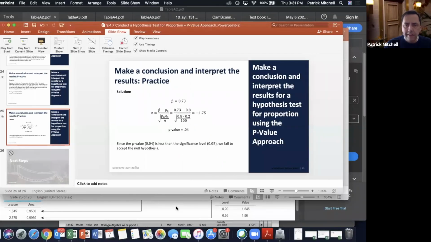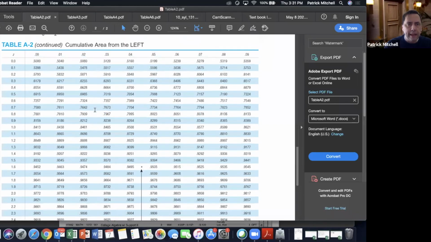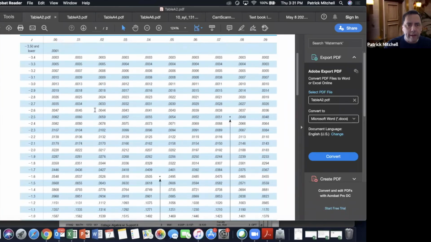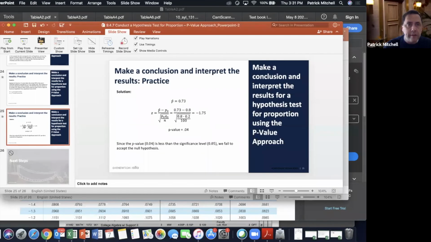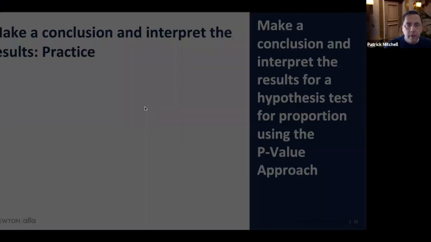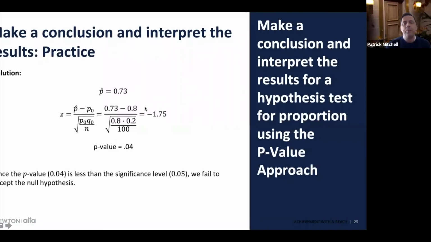So let's talk one more time about how to get this p-value. If I go back to table A2 and I look for z equals negative 1.75, there's negative 1.7. I go over here to 0.05 and I get a p-value of 0.0401, which I went ahead and rounded to 0.04. All right, so since that 0.04 is less than the significance level, which is 0.05,